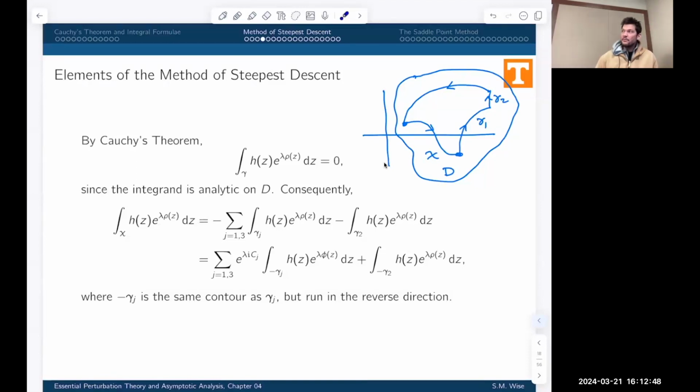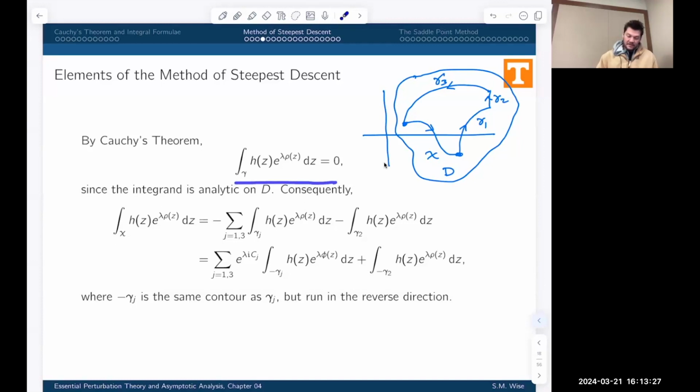So Cauchy's integral theorem tells us that if we integrate over the closed contour gamma, which is all of this, I forgot to label this one here, this is gamma 3. If we integrate over that closed contour gamma, we get 0. That means if we want to compare the original integral with what's left, we can write it like this. The original integral is the integral over the chi contour, but that can be written as